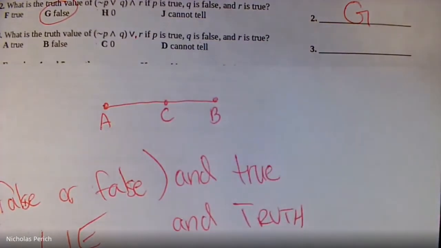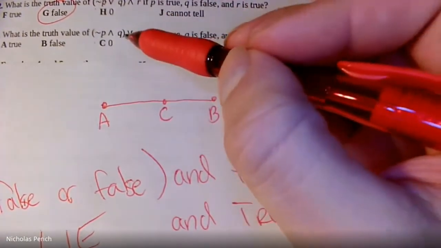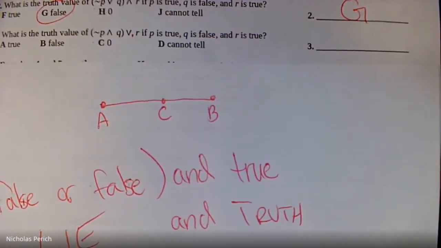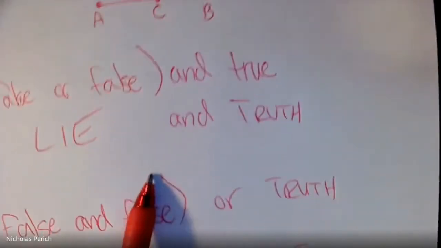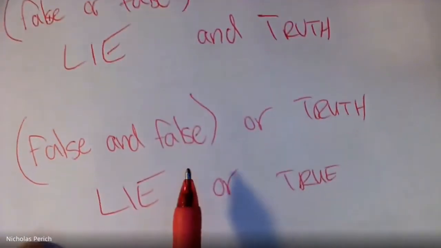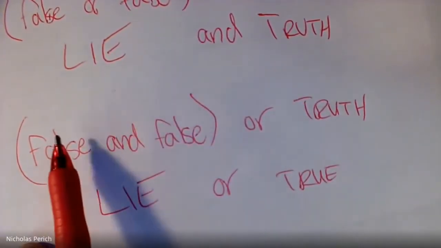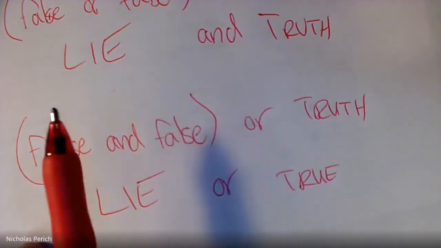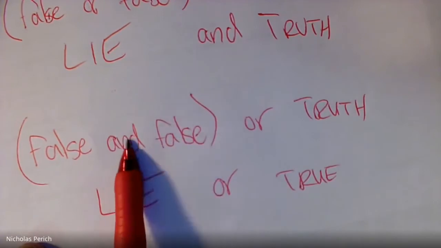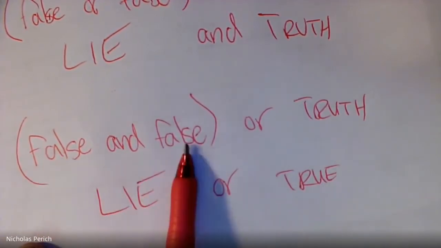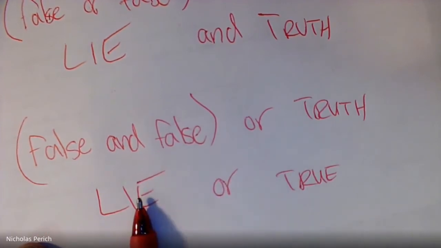Or R, which was the truth. So I tell two lies up here. I tell two lies right here. Here's a lie, which makes the whole thing a lie. So I am ugly and I have hair, both of which are lies. And even though I'm connecting with an and, it makes the whole thing a lie. So I'm saying a lie and a lie. So that's a lie. Or